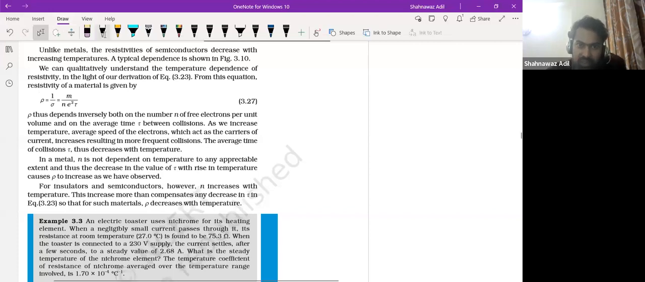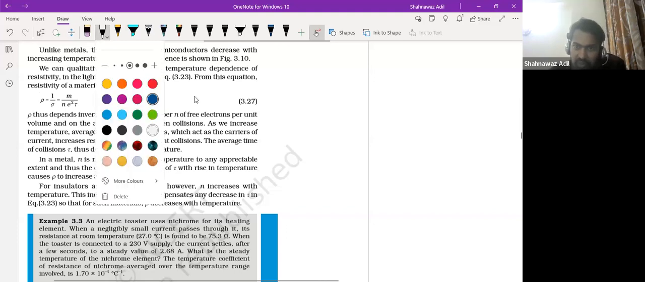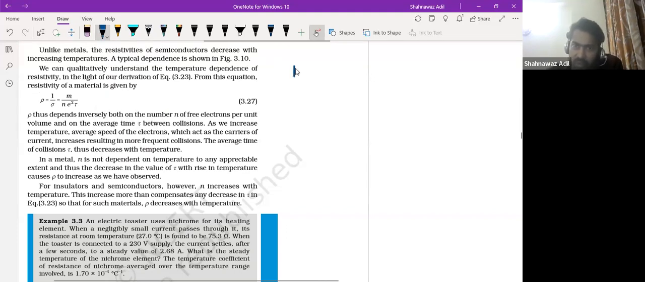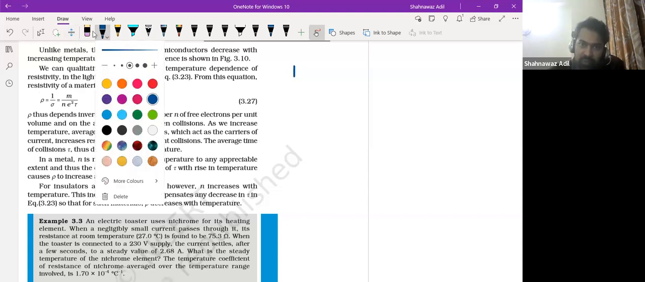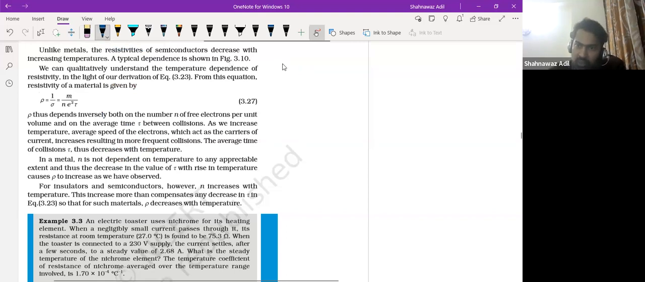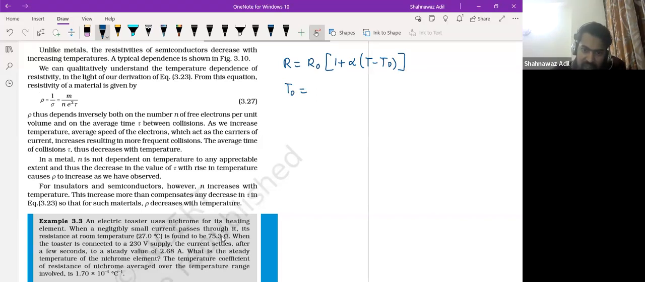What is T naught, guys? What is the T naught? And we have to remember how the resistance varies. So resistance varies as R naught (1 plus alpha (T minus T naught)), right? So T naught is given. This is how much? That is 27 degrees, right? Also, R naught is also given. That is